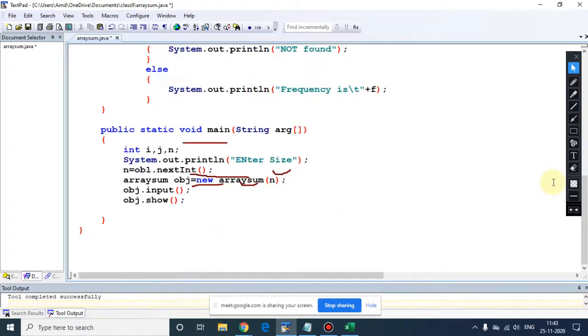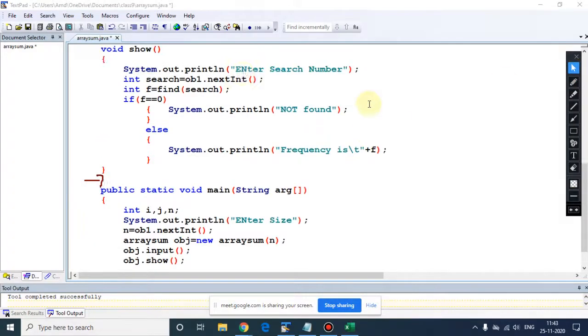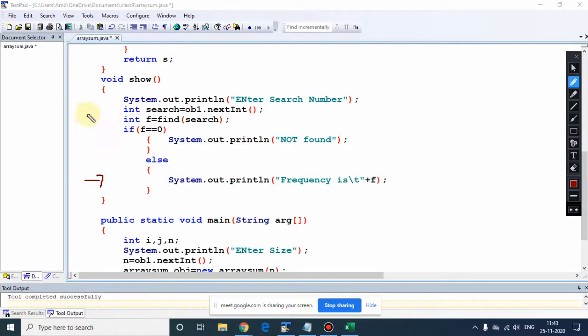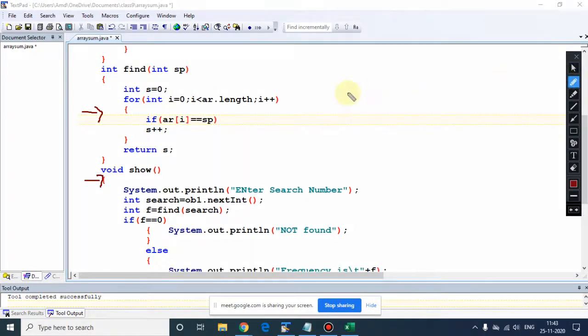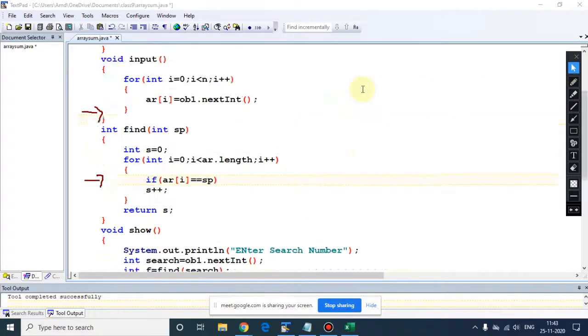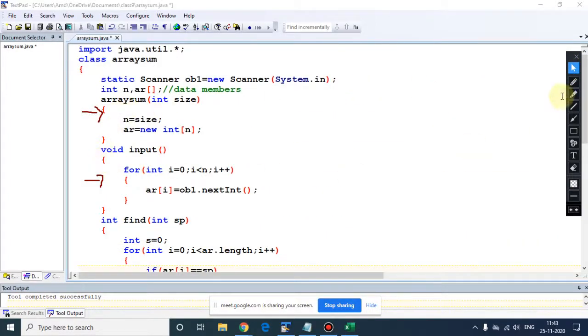So here only the calling is required in the main part, that is your main function. I have shown you both ways. See, and now in this program the input we are taking in main also, in show also, as well as in the data member, the array input here.